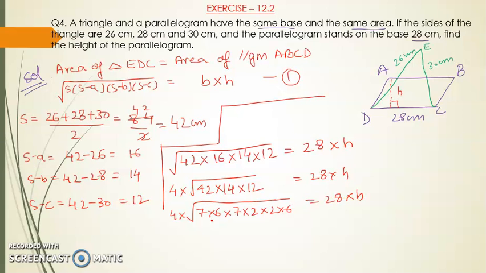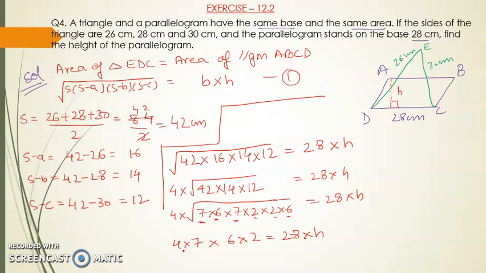Now the square root, you take pairing. So this 7 and this 7, you are getting one 7 from here, right? One 6 from here, and this pairing, so one 2 from here, right? Which is equal to 28 into H, right, students? Are you following? This is very important, students. If you learn this concept, it will be very helpful for you, and you will save your time in your exam. You will save a lot of time for your calculation, and secondly, it will be very important for your competitive exam. So learn this mathematical concept, these tricks, just now. Okay, it will be very helpful for you.